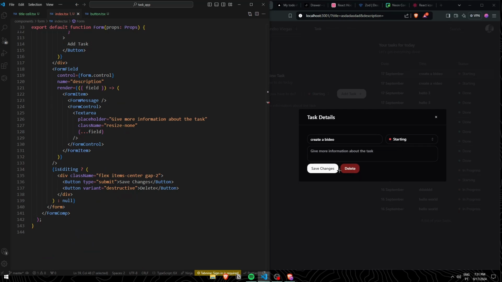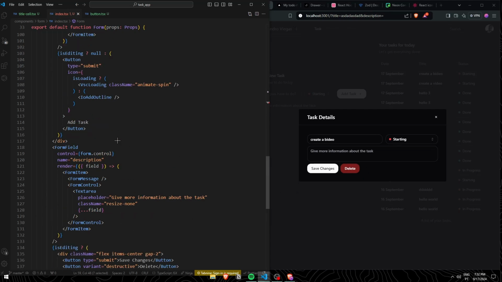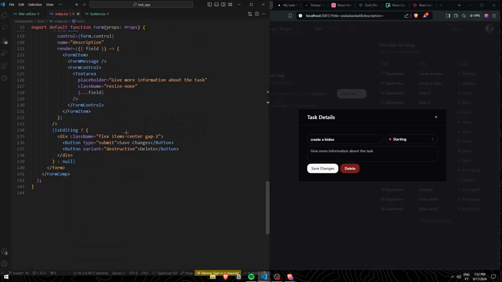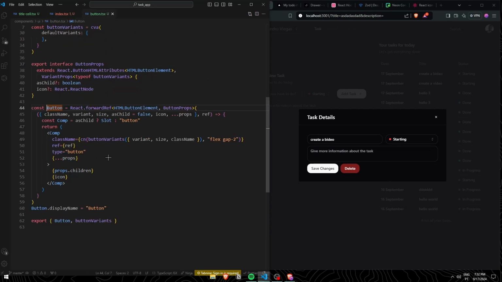But when I click the delete button, I don't want this to edit, I want this to delete. But as this button is of type submit, it is going to submit the form, causing it to edit the task, which we don't want. So that's the reason that I'm going here and saying type button,